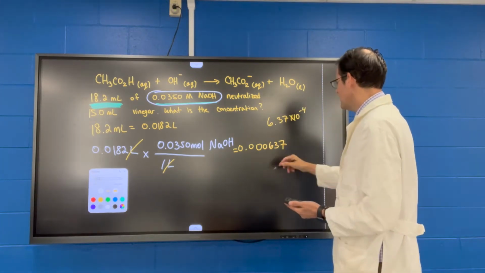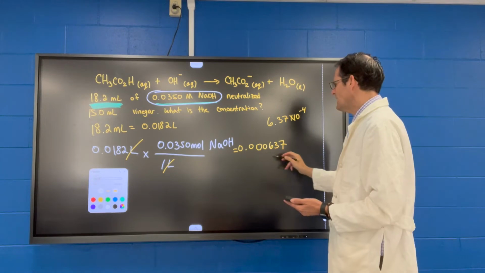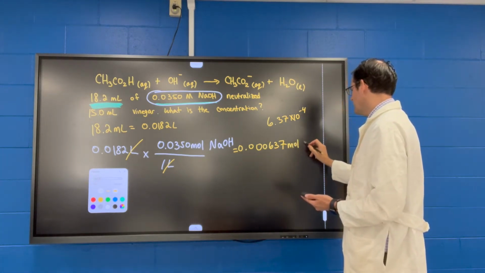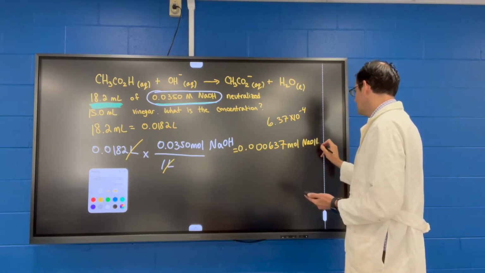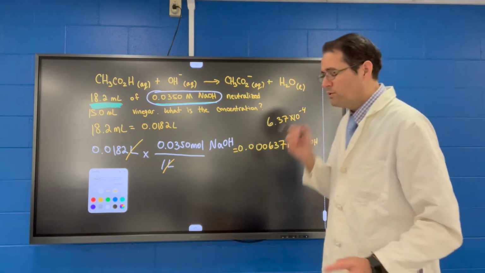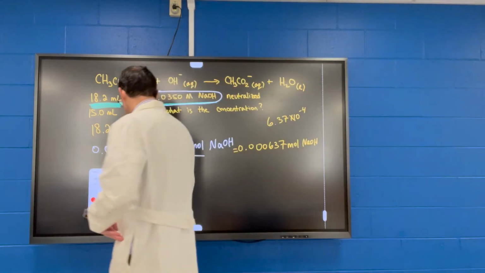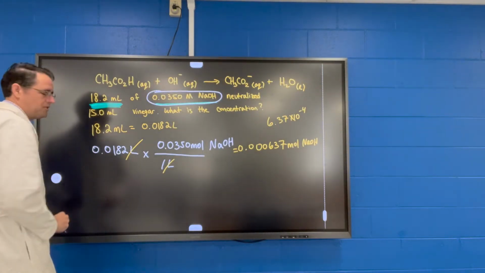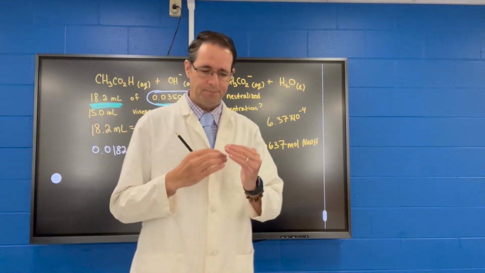I'm just going to write it like this. And the units here are moles of sodium hydroxide. Now, the next step you want to do is using stoichiometry, find your